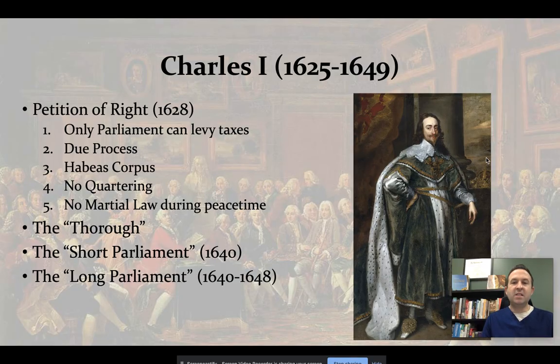And so between 1629 and 1640, this becomes known as the Thorough, because Charles is going to rule without Parliament for a good 11 years. Which is kind of funny. This is also during the time of the Great Migration of the Puritans to New England. Remember, the Great Migration was 1630 to 1640. So while they're fleeing England, Charlie's ruling by essentially divine right, almost absolutist ideas, because he has dissolved Parliament.